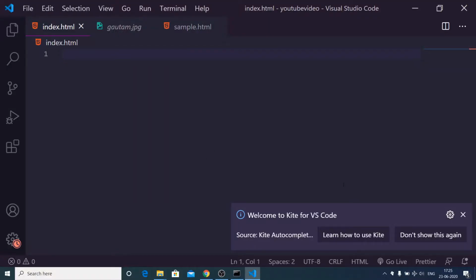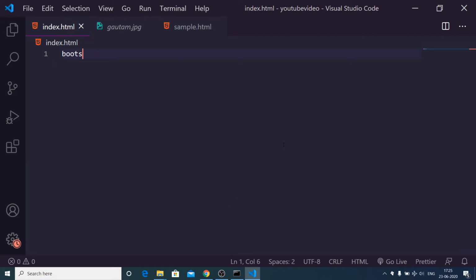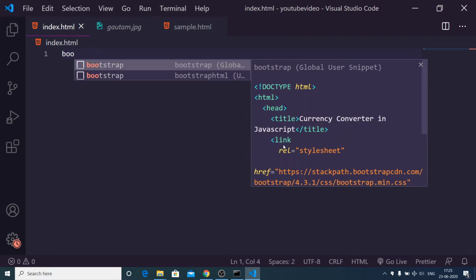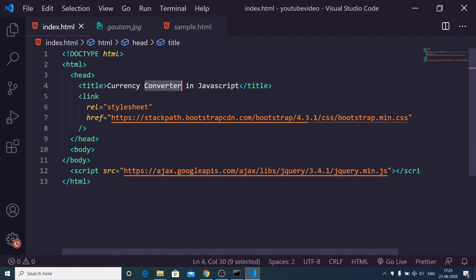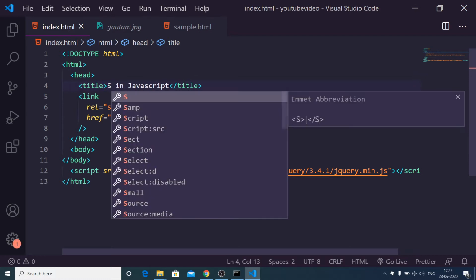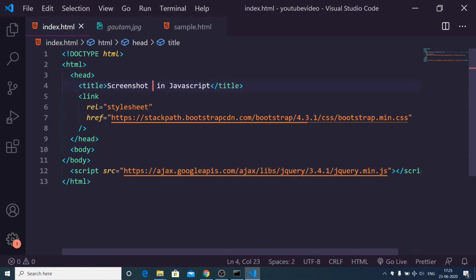So let me just make this application from scratch. We will be needing some Bootstrap and jQuery for this. I have included the CDN of Bootstrap and jQuery, and you can just change the title to screenshot downloader in JavaScript.